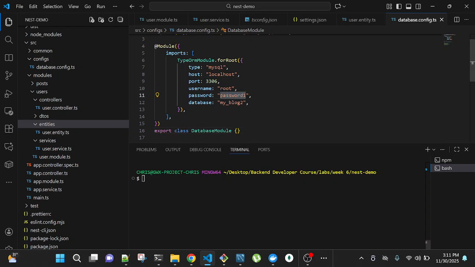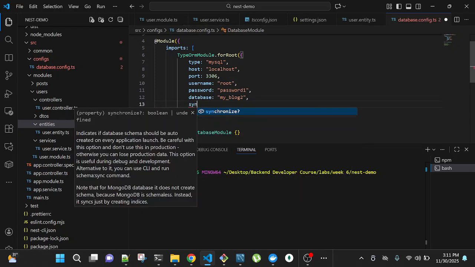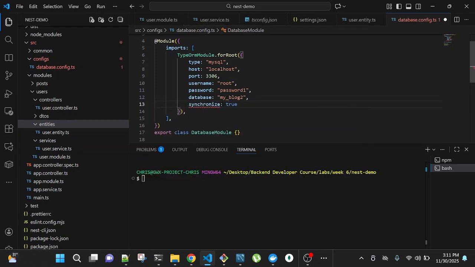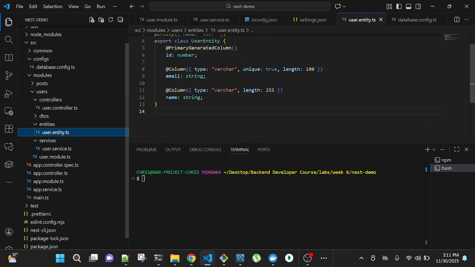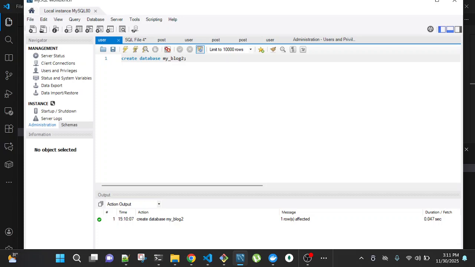I'm not sure about this root password, right? So this is what I was talking about. We have to see if we can synchronize. So come here, say synchronize. Let me make it true. So this entity we've created here, if you see on this database I just created, we don't have any table.